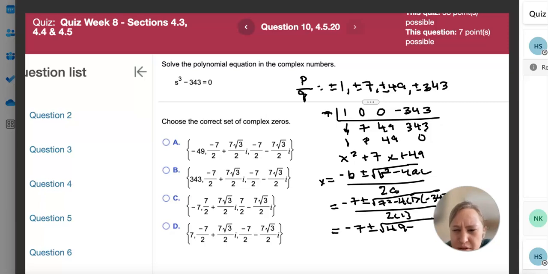Oh, oops. I see what I did wrong up here. This shouldn't be 343. This should be 49. I was going off the original. 49. There we go. Okay, so 4 times 49. So that's minus 196 all over 2, which equals negative 7 plus or minus the square root of 49 minus 196